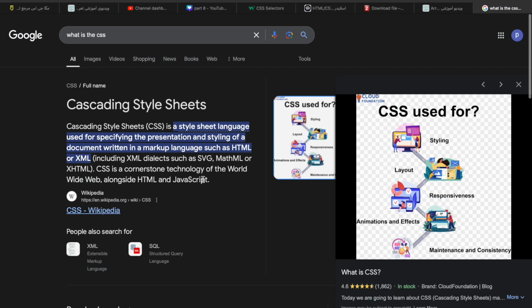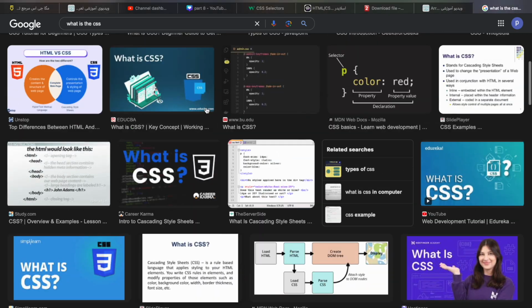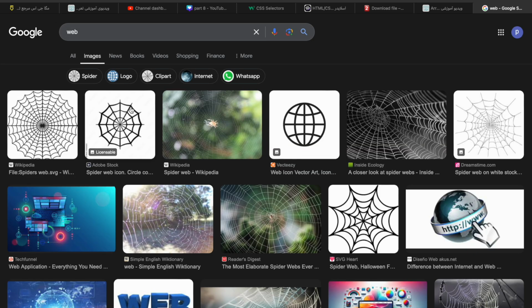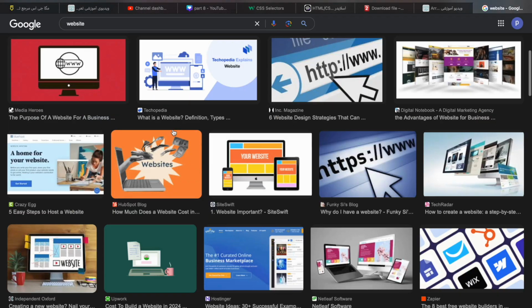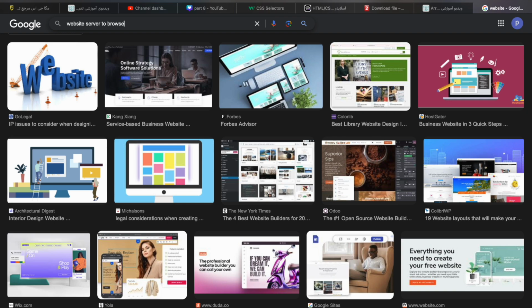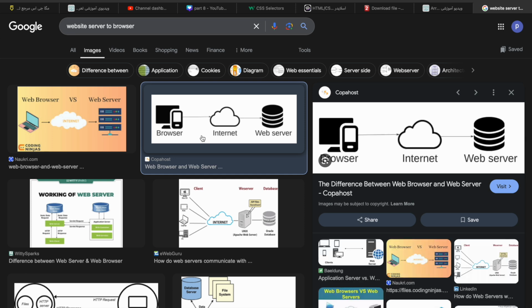Here, for example, let's take some photo, a web, for example a website, server to browser. Okay, we spoke about this in the first part of the HTML course, but now